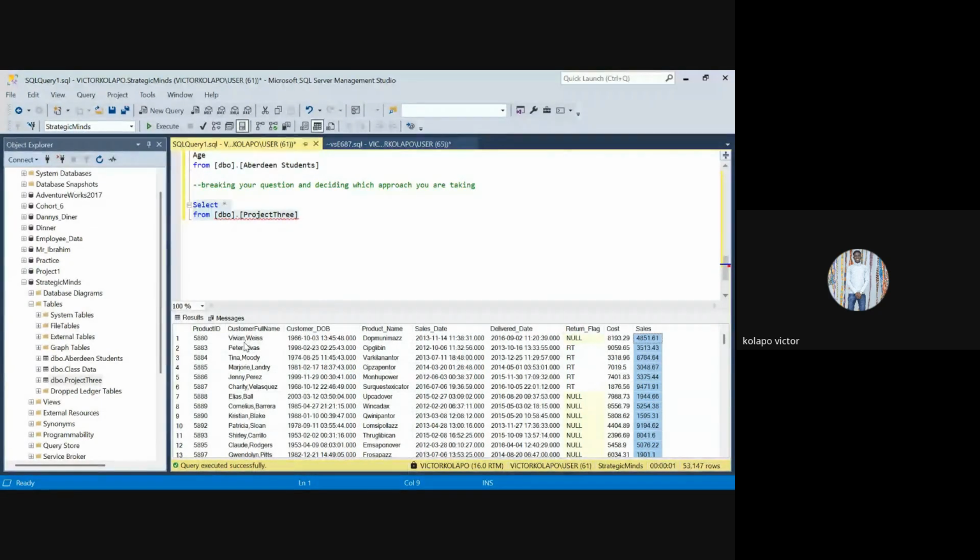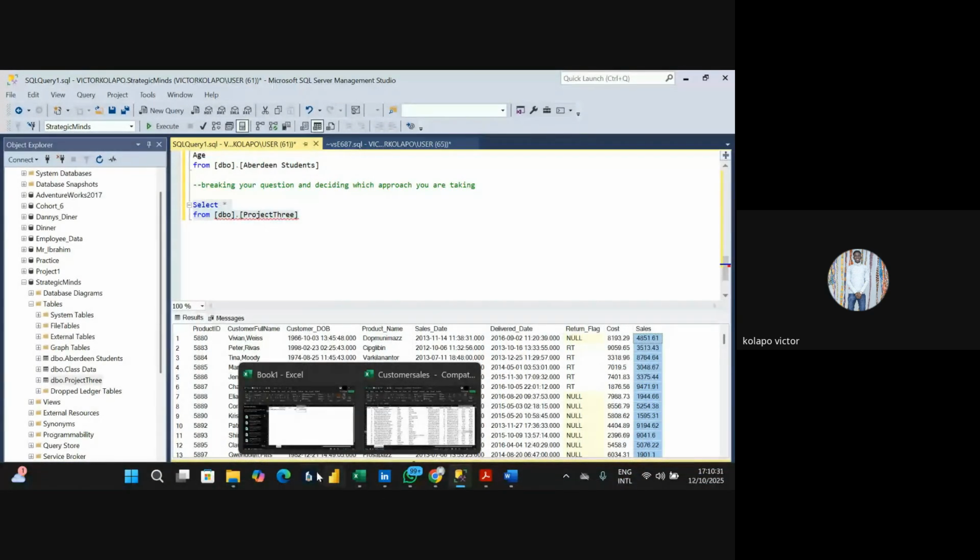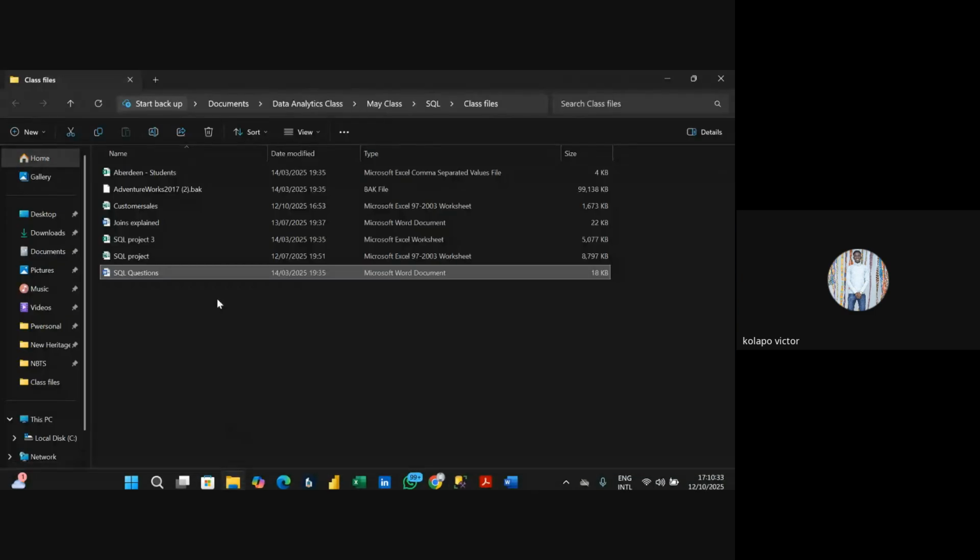So, by querying, if you said you are trying to query someone, it means that you are asking the person questions. You are asking them questions. And we have been doing that, asking questions and getting answers to all the questions we are actually answering. So on this guide that we have right now, you might want to look at the questions